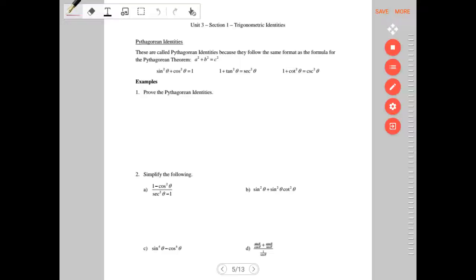If we look back at our formula, r squared equals x squared plus y squared. Then, if we use the unit circle, r was 1, x was cos, and y was sine. So, there's the first identity proven. 1 squared is just 1 equals cos squared plus sine squared. Great. Now, if I divide every single term by cos squared theta,